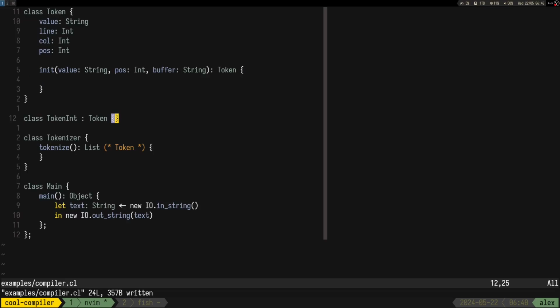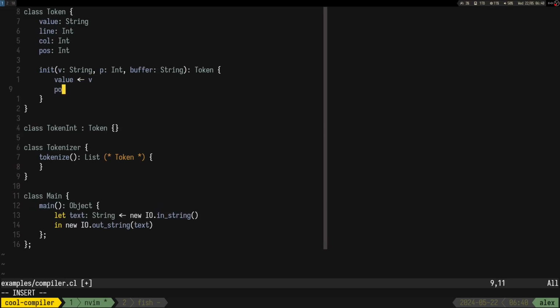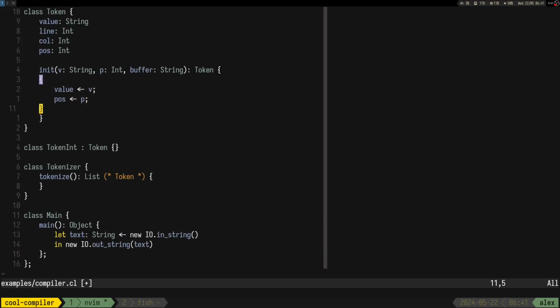And these should be like V and P because we cannot have the same name. So V is gonna, value is gonna be V, position is gonna be P, and this needs to be a block because it's a lot more stuff in here. Okay.